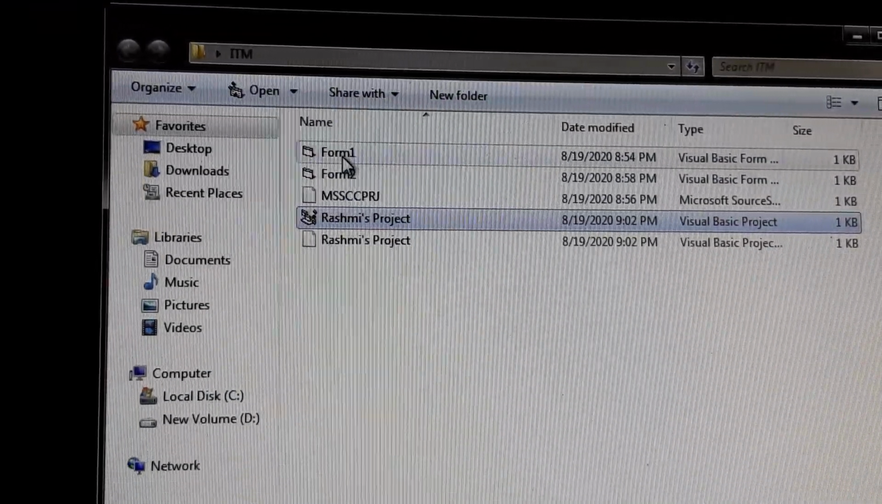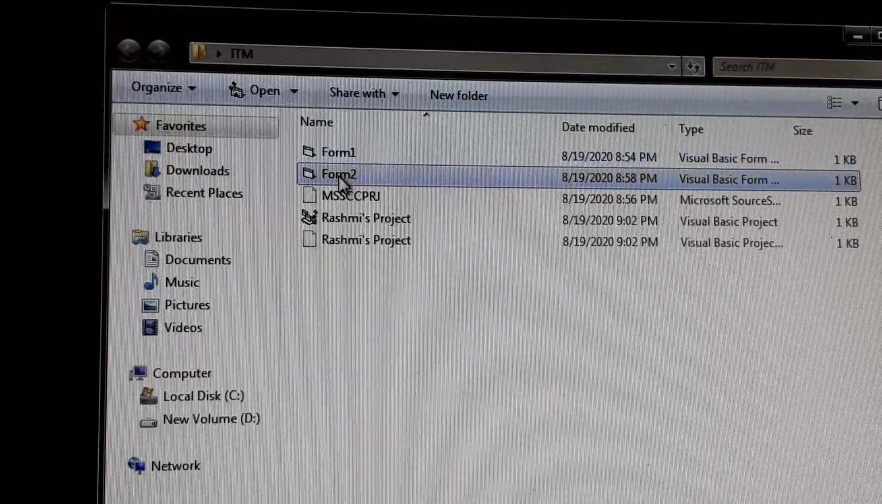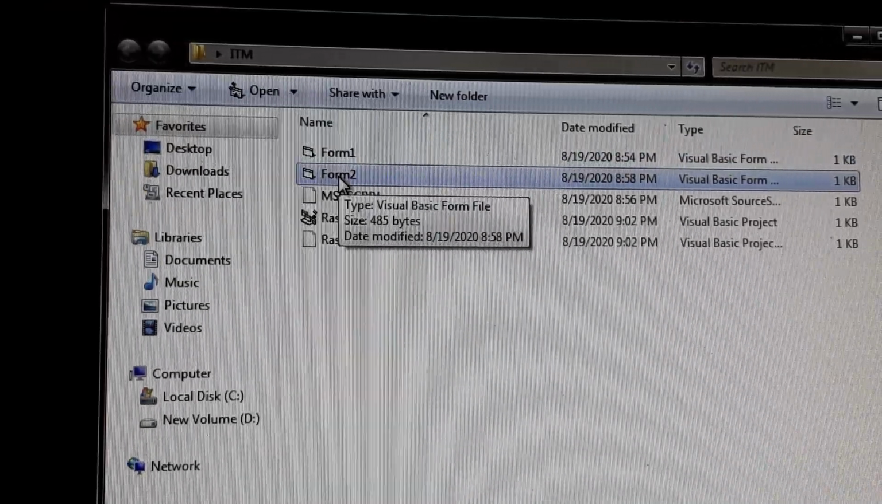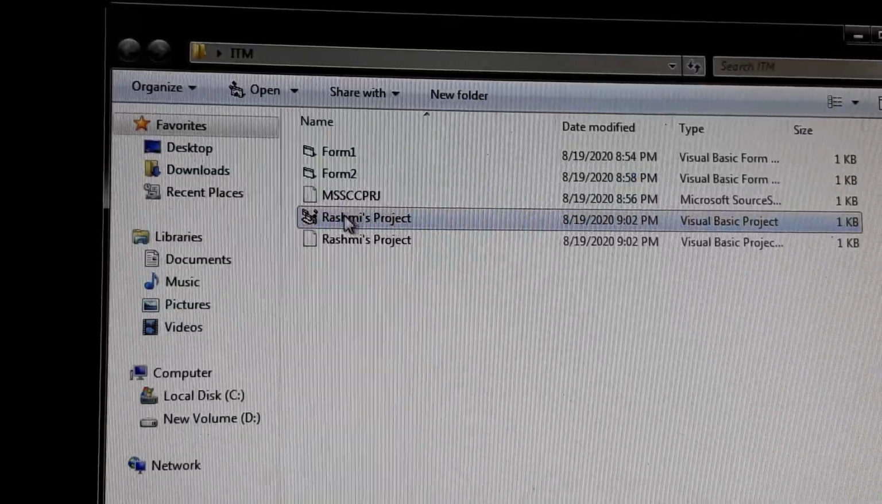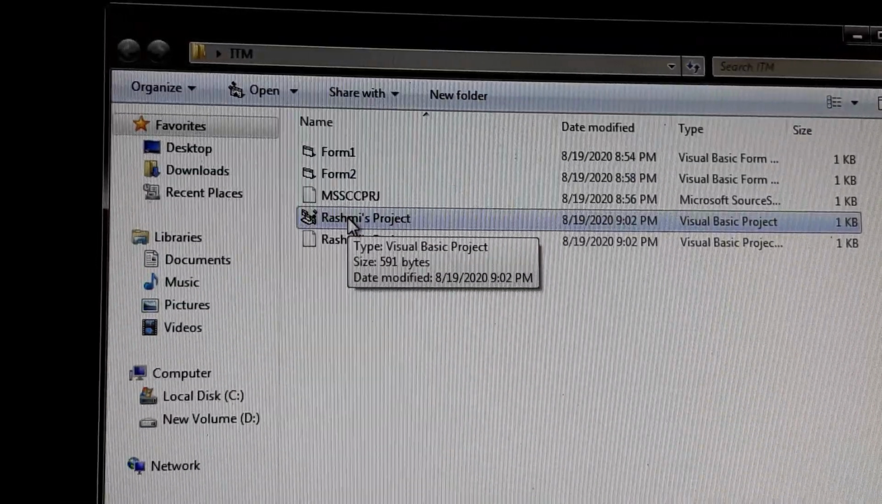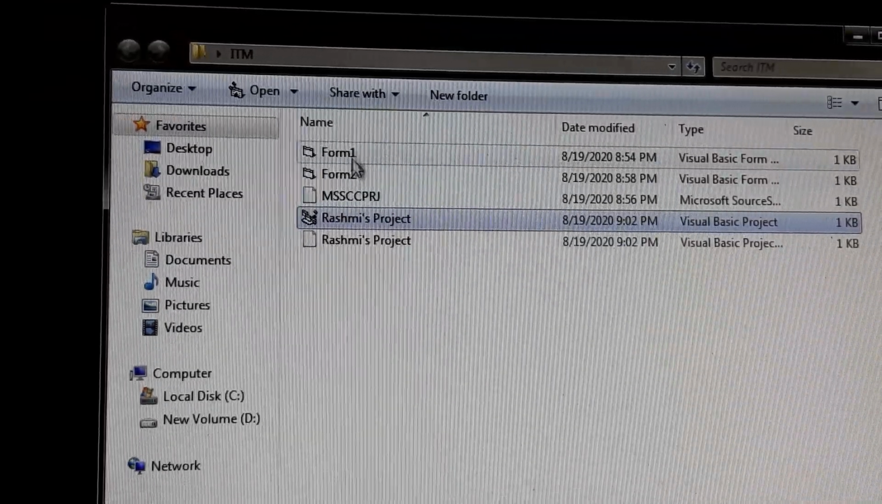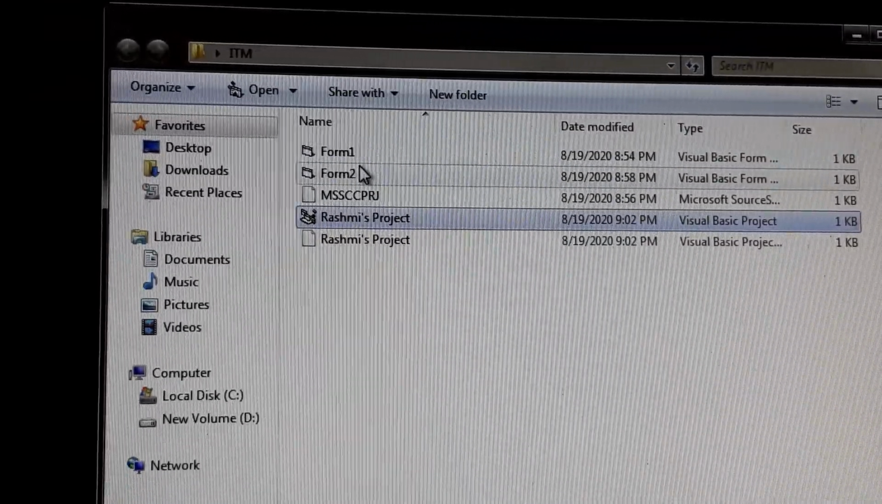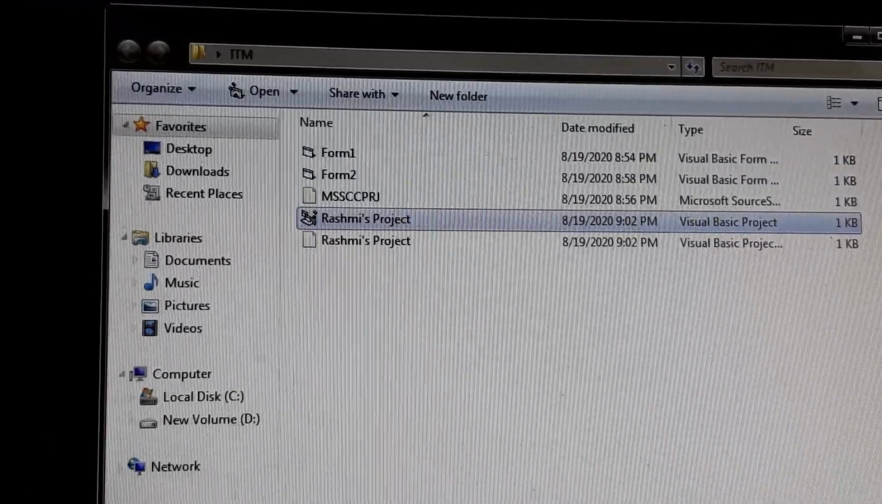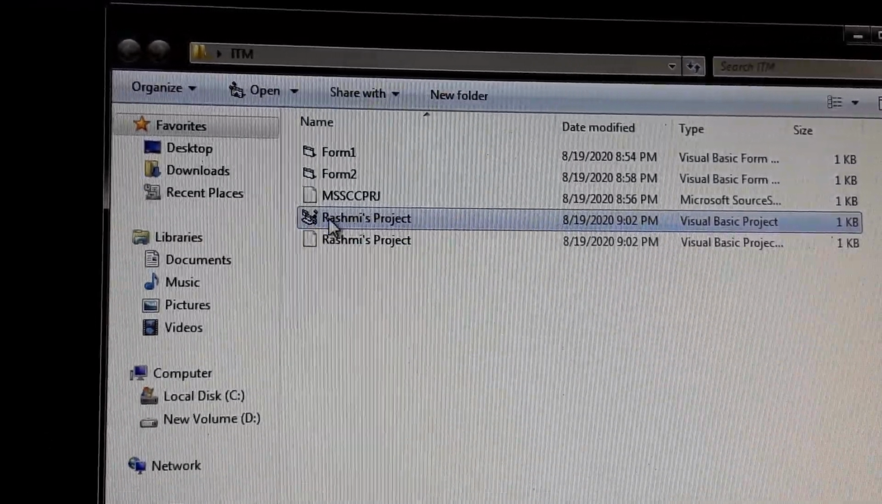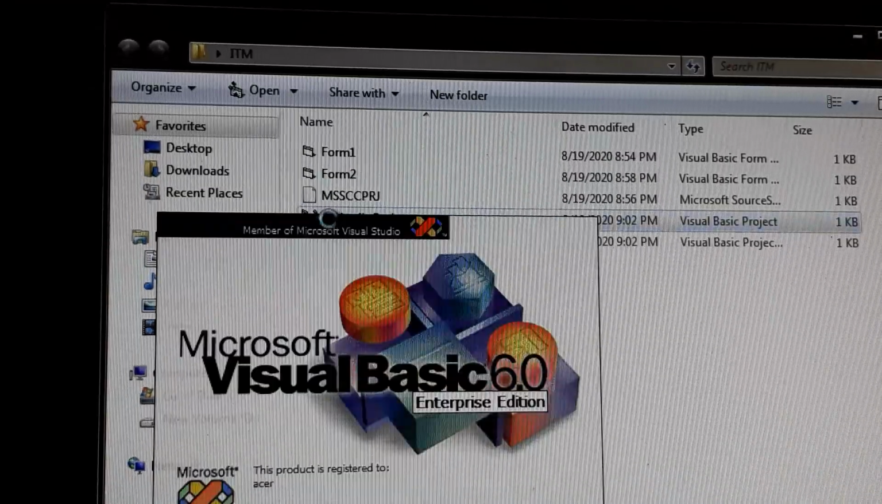Never double click on these, students. Always, when next time you are going to open, you open this one only, the project. The moment you open the project, automatically all the programs, all the forms will open in Visual Basic. So just check. Now there is no Visual Basic on screen. Now I am double clicking on this project and see,